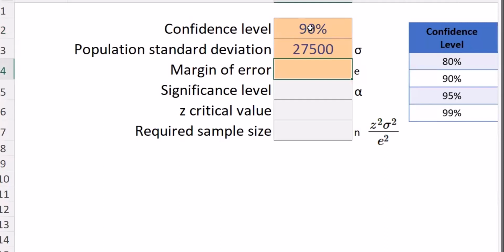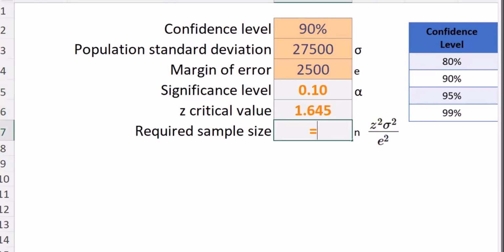And so when we're calculating our sample sizes, in this case, we're given the margin of error, and then we are trying to calculate what sample size we would need to achieve that level of confidence with that margin of error. So it's very similar to a confidence interval estimate, but now we're trying to calculate what sample size we need. So the margin of error was given to us as 2,500. Z critical value is